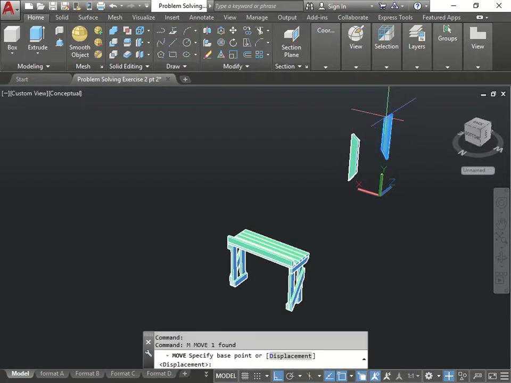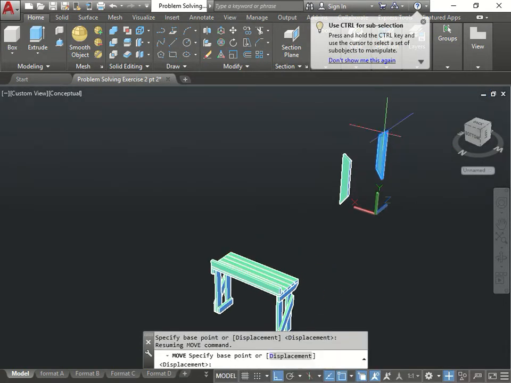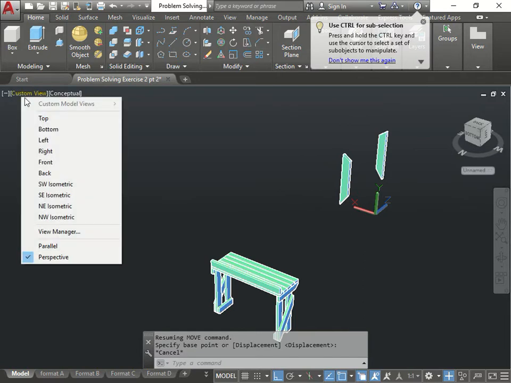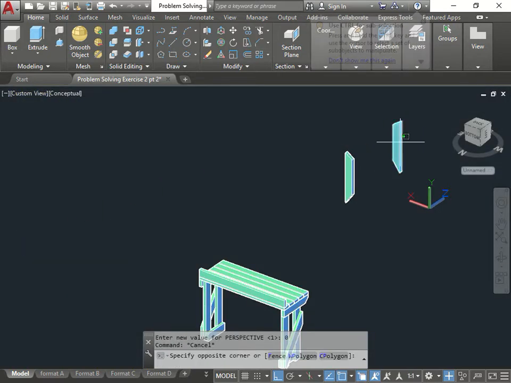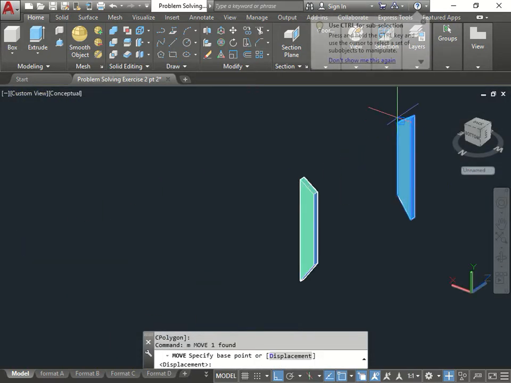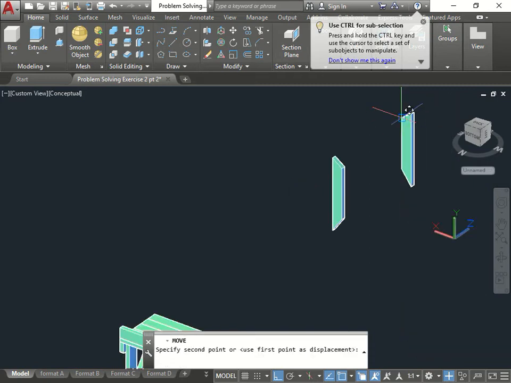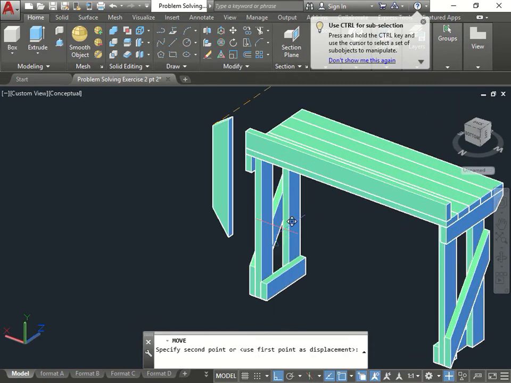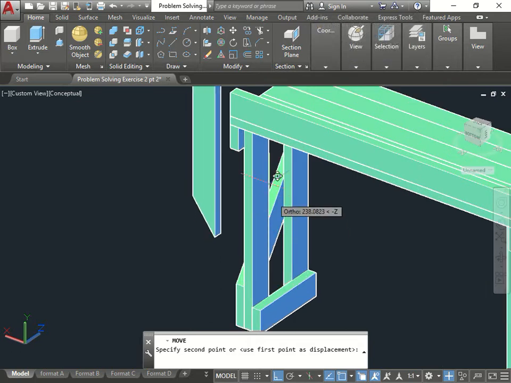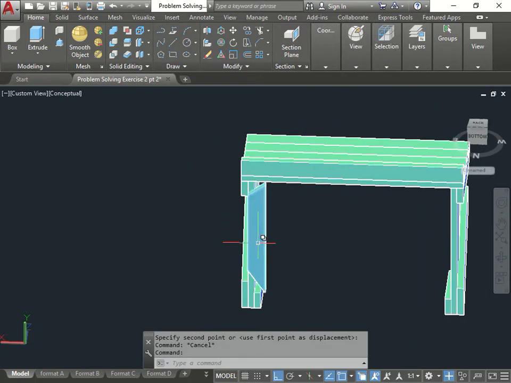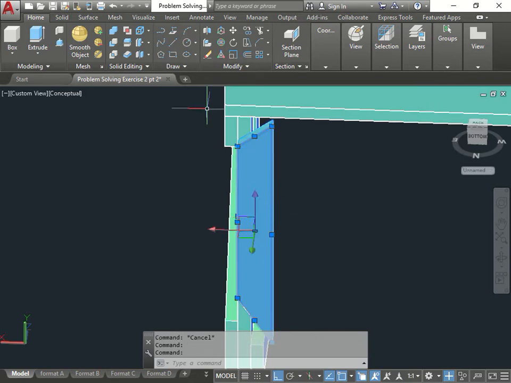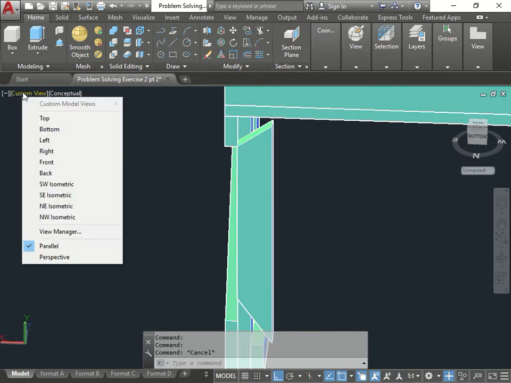There's a certain way that this guy goes, so we're going to do one to see how it is. Grab this corner here, and we're going to put it over here for now, on the back. This is just to test it out, if this is the way it goes or it's the other way. We're going to go to the back view,